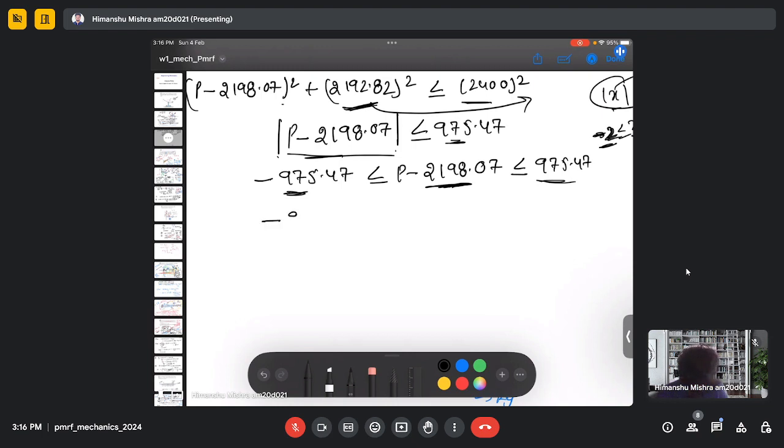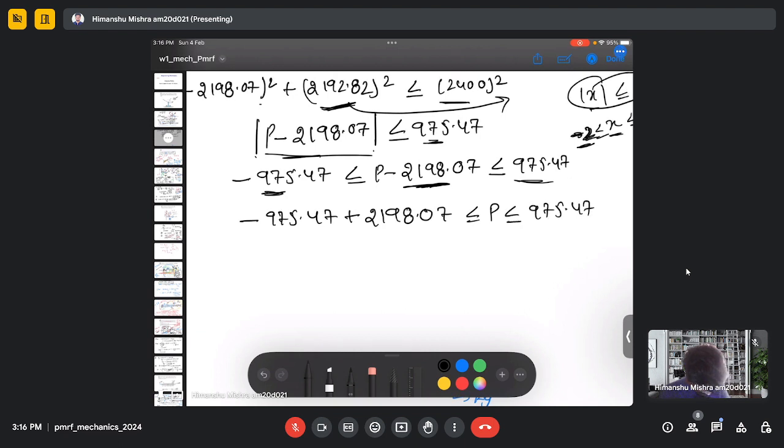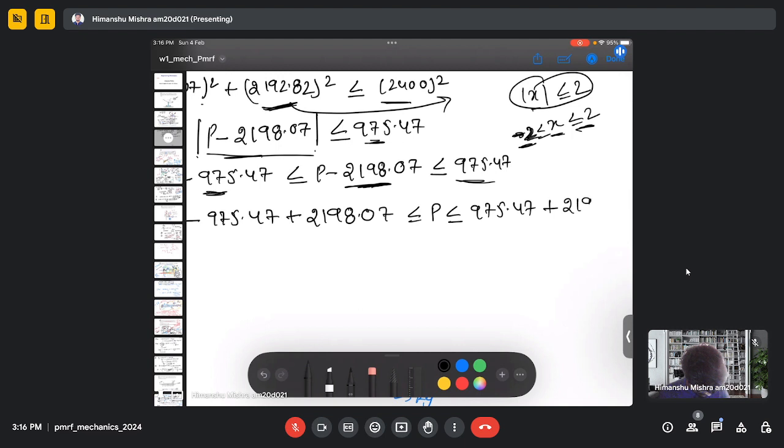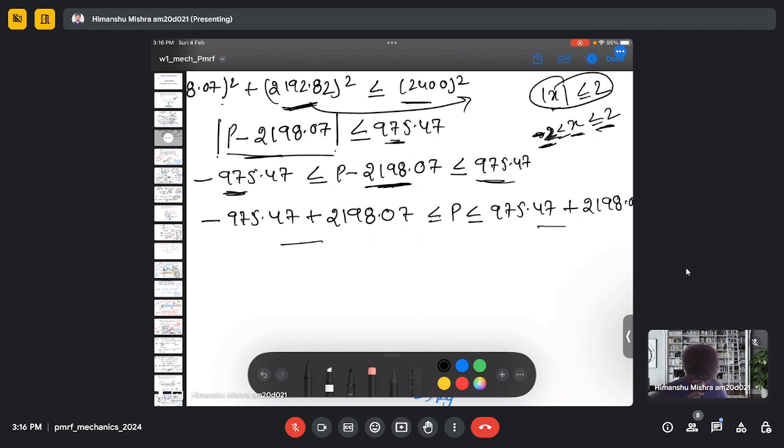So it will be minus 975.47 plus 2198.07 P, and 975.47 plus 2198.07 P. So if I do the addition here in both sides, I will here get 1,222.6 Newton and here 3137.5 Newton. So basically it's 1.2 kilonewton